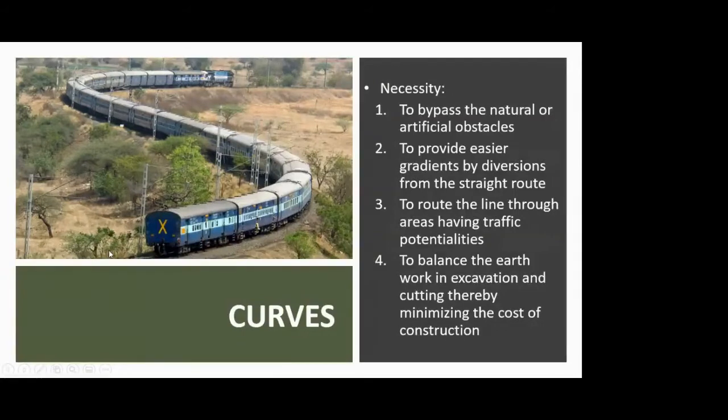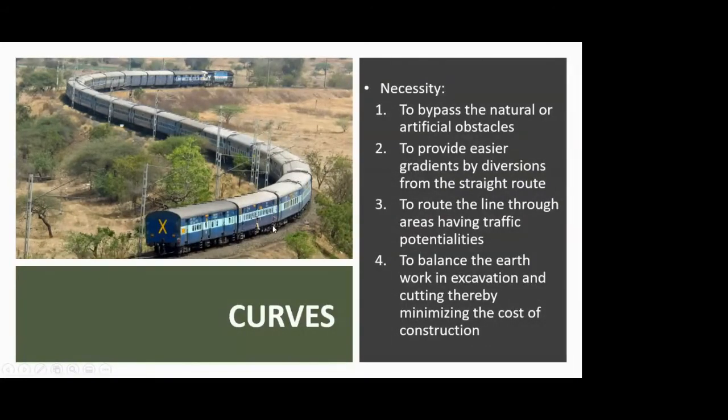Now today we'll be starting with the curves. Now we all know curves. You have seen curves. You have studied most of them in the second year in surveying. So as you can see in this picture, this is a typical S curve. S curve is nothing but two curves simultaneously, one on the opposite side of the other. So here you can see a right horizontal curve followed immediately by a left horizontal curve. So that is an S curve typically.